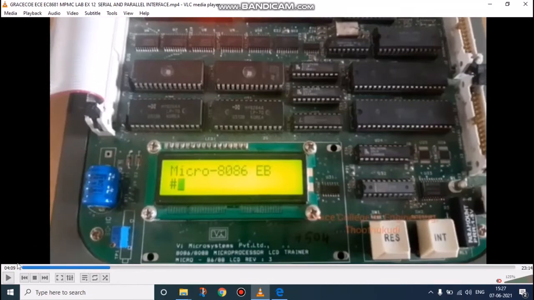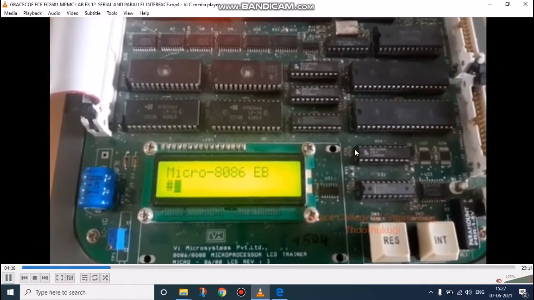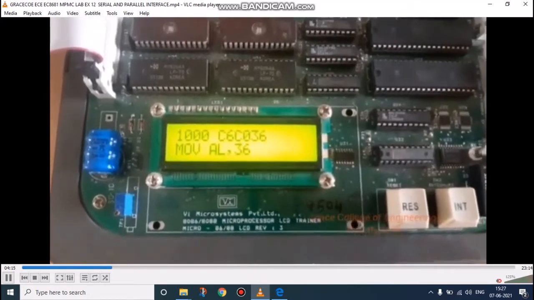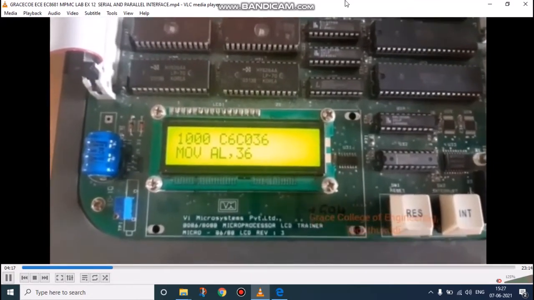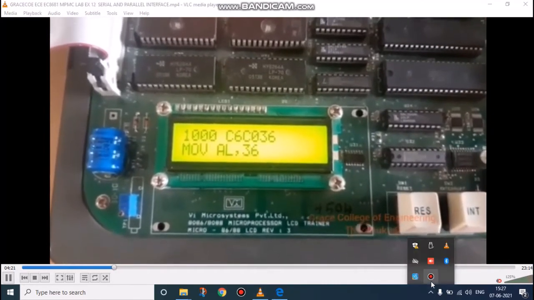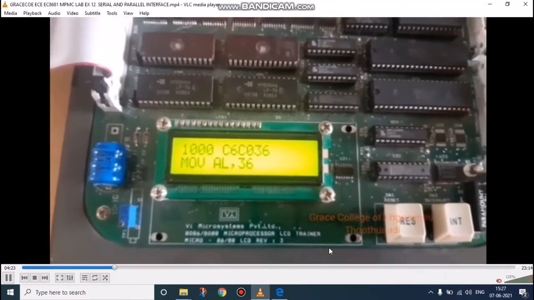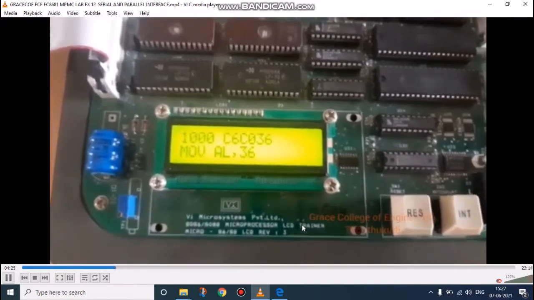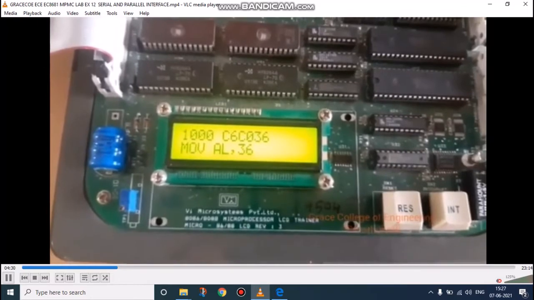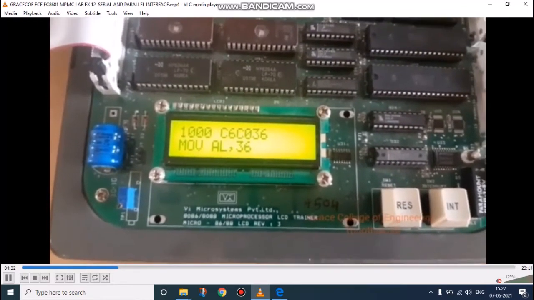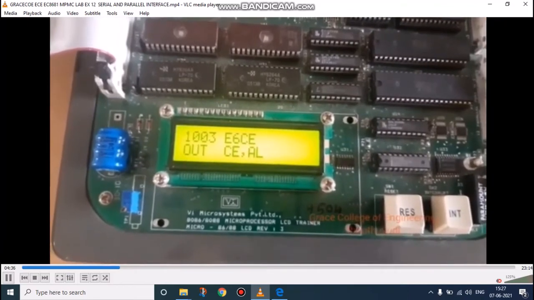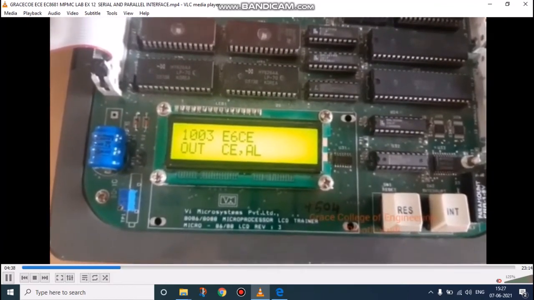We can see the programming in the 8086 microprocessor. This is the program I have typed, that is move AL, 36, and now I am initializing the port. After that we have to click double enter to view the opcode for the mnemonics, and now I am initializing the port AL